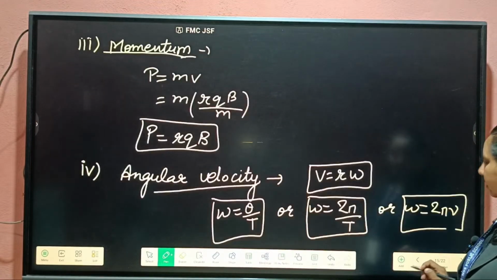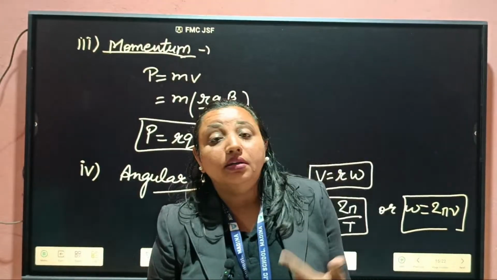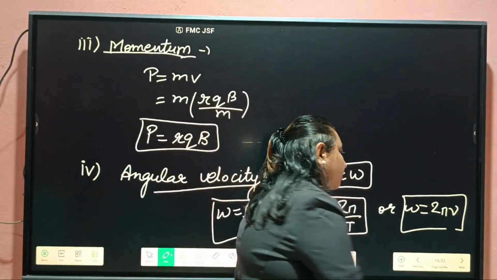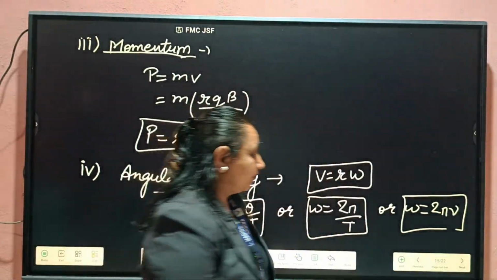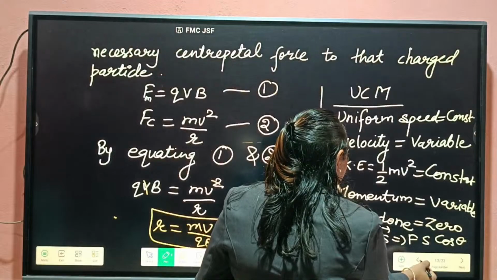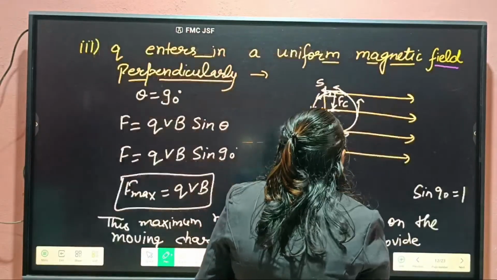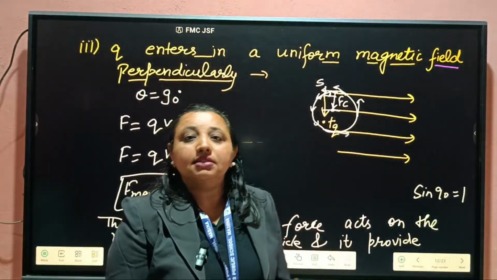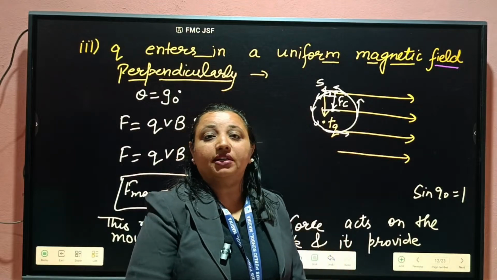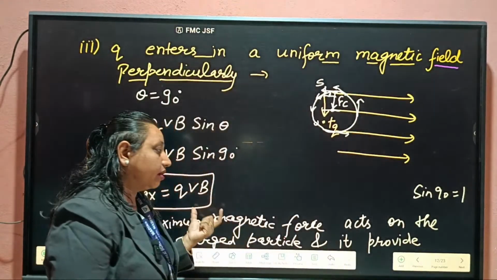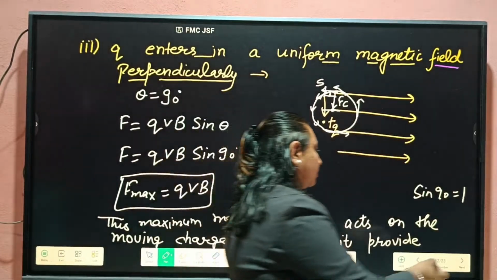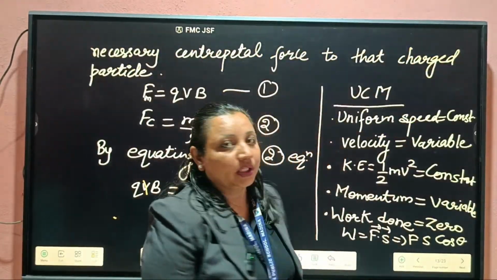So these are the physical quantities and their formulas, and work done is equal to 0 in this case, right? Numericals may be asked from here, and these physical quantities are also used in the cyclotron. So when the charged particle enters a uniform magnetic field perpendicularly, that means at theta angle 90 degrees, the maximum force is exerted on it, which provides the necessary centripetal force. That's why it moves in a uniform circular path. The question may be asked,